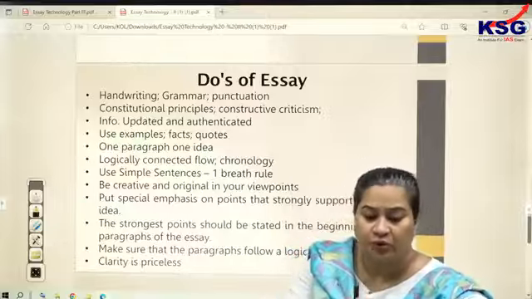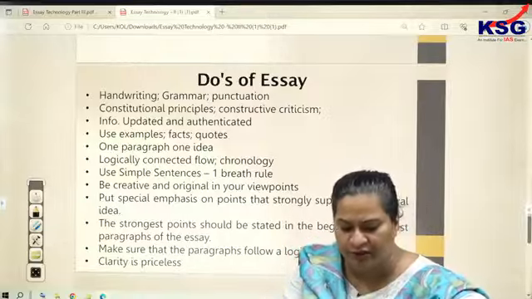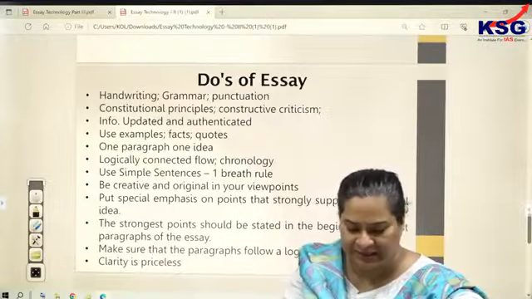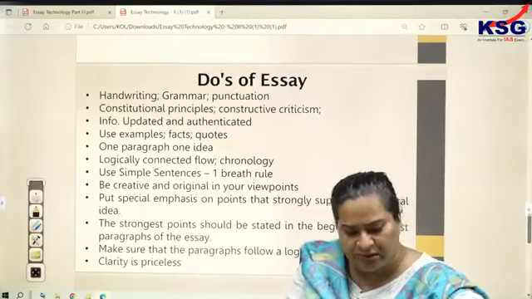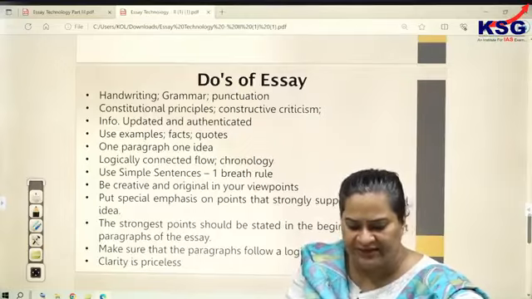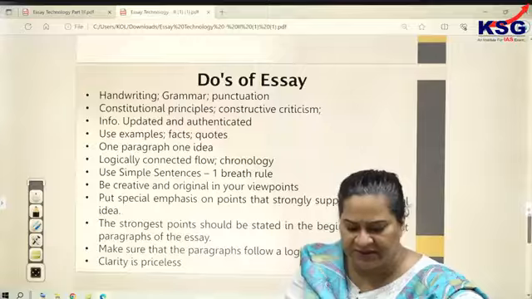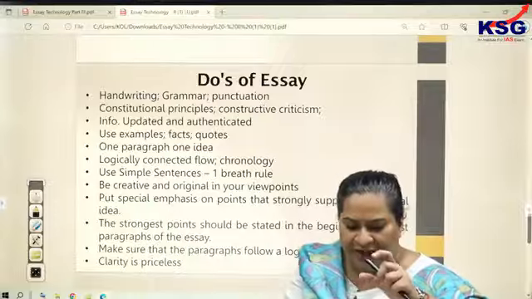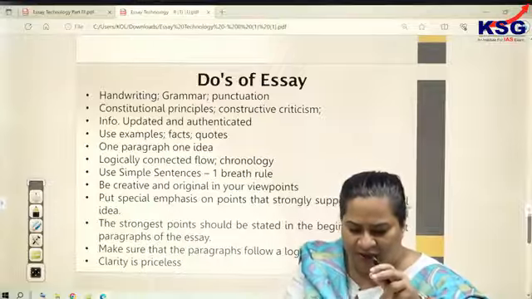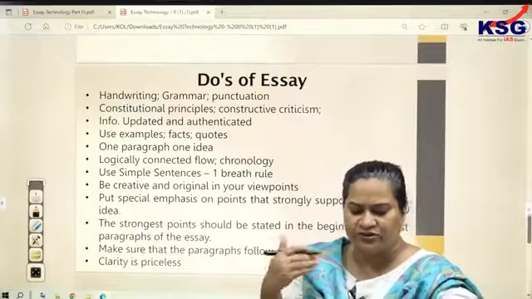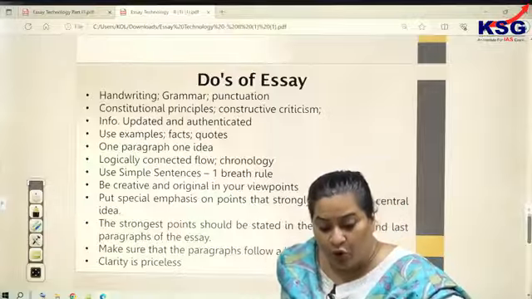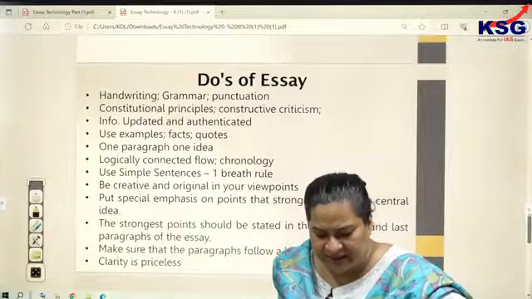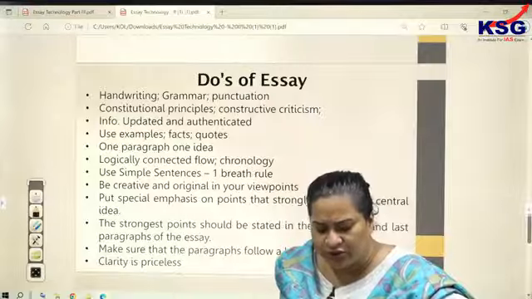Actually, I'm trying to find a sentence which one of the students who appeared for the interview wrote. Without taking his name, I just want to read it out before all of you, so that you see how even a good aspirant who holds the possibility of getting selected can mess it up, in the kind of language that the child uses. It's so engaging, and yet it's so long. The sentence becomes unnecessarily lengthy. So yes, I found it.